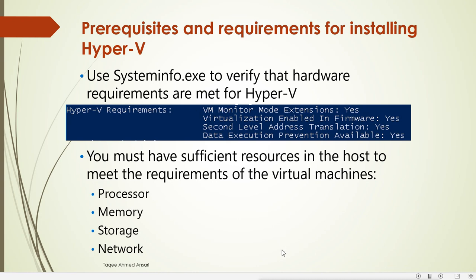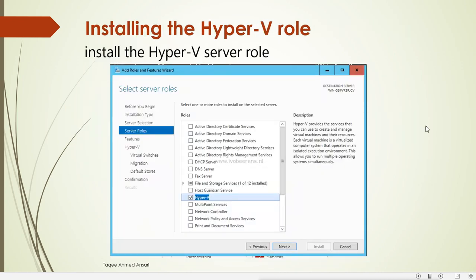Okay, first go to the command prompt and type systeminfo to check whether your machine supports Hyper-V or not. And then we can install Hyper-V as a role from Server Manager. We go to roles and features installation, select Hyper-V from the roles, and it will install the role into our system. It will boot 2 times, and then the Hyper-V role will be installed in our system.